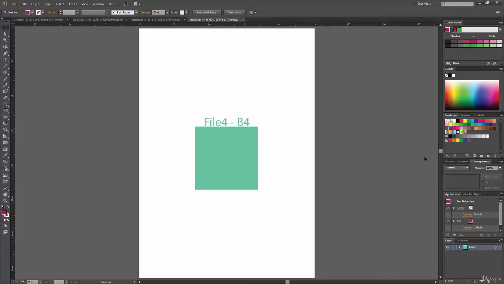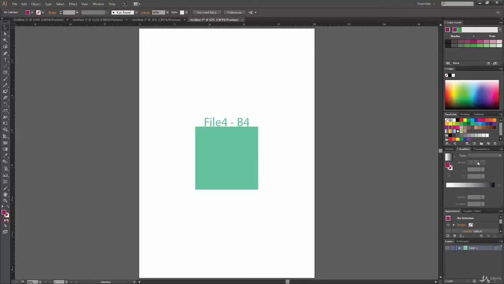So now we have seen how to dock and undock a single panel. Now what if I want to drag out an entire group of panels? Let's say we have a group here, stroke, gradient and transparency, and I want to drag the whole group, all three of them together. For that, I cannot click on stroke or gradient or any of the panel names, otherwise that particular panel will be dragged out.